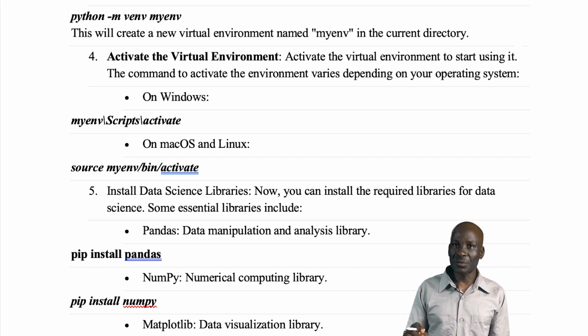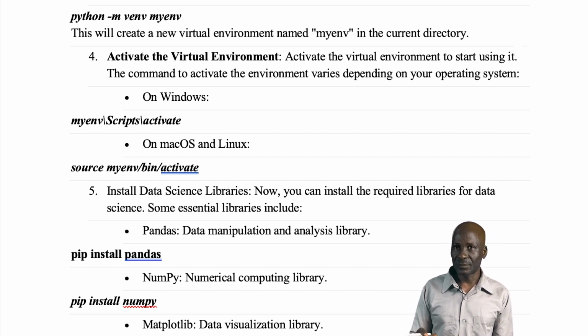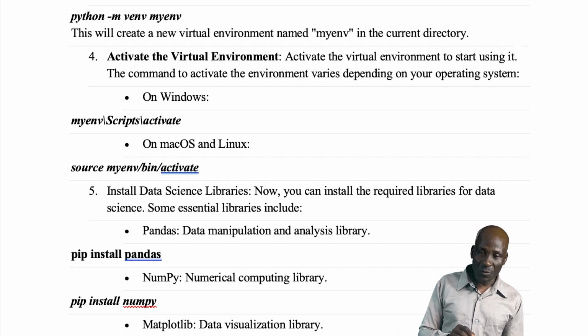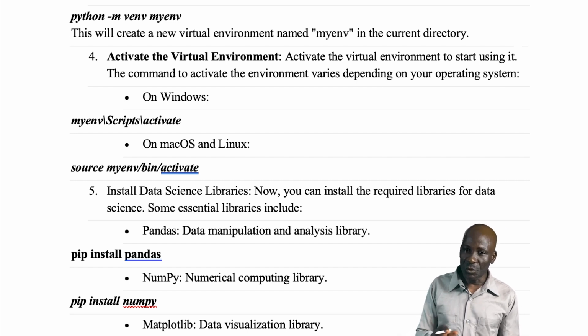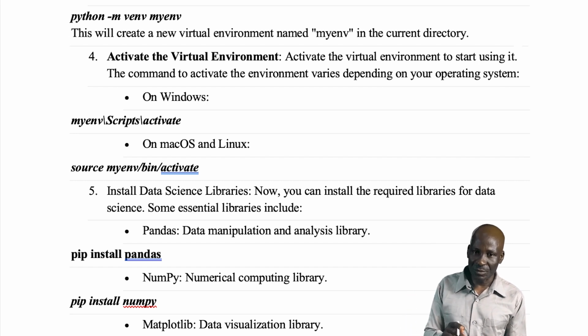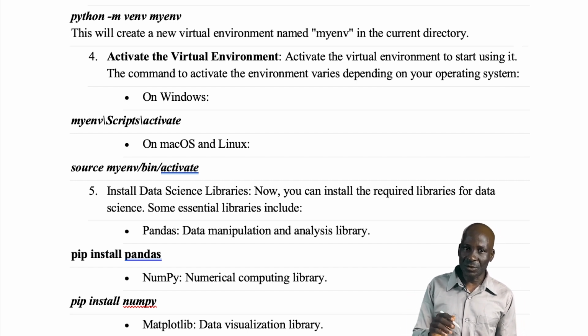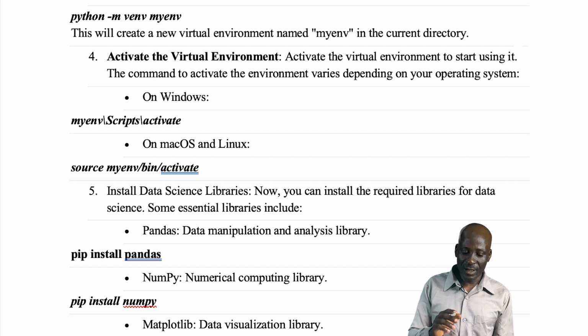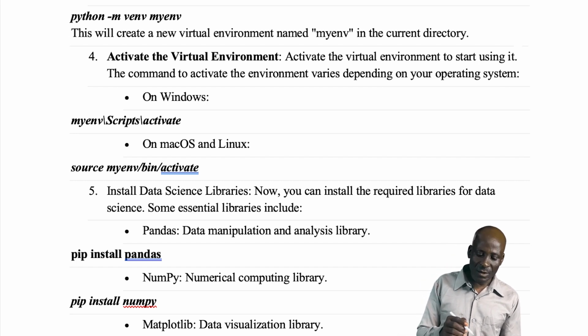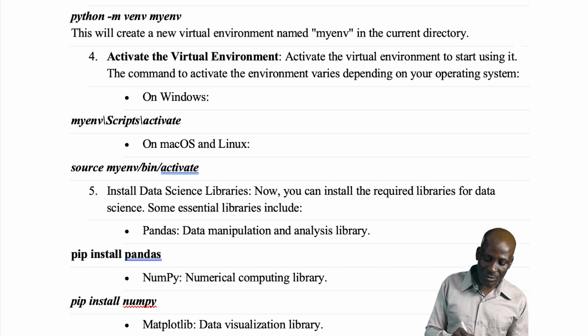Now, by the time you type CMD, it takes you to a command prompt. Now, this command prompt is a black screen. So, by the time you type in that command prompt, then you are ready to go. From there, you create your virtual environment. Once you are at the command prompt, then you can create your virtual environment. And to create a virtual environment, just as I've explained, is for you to type the word Python,